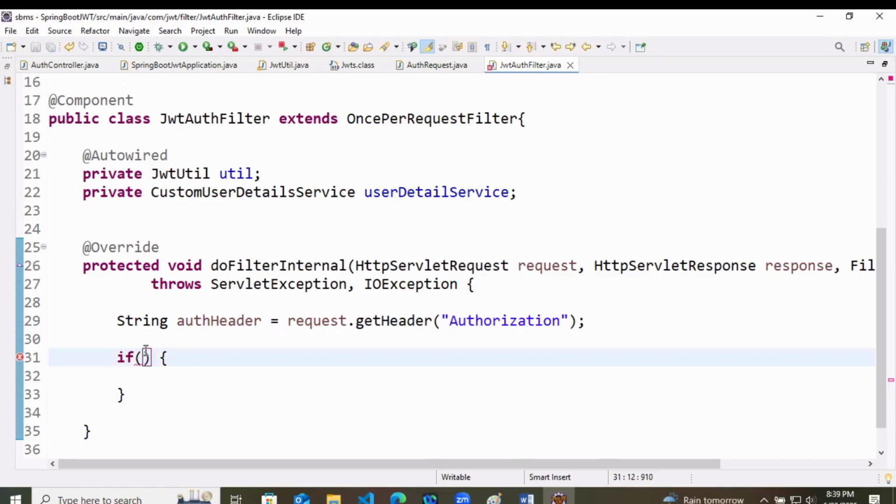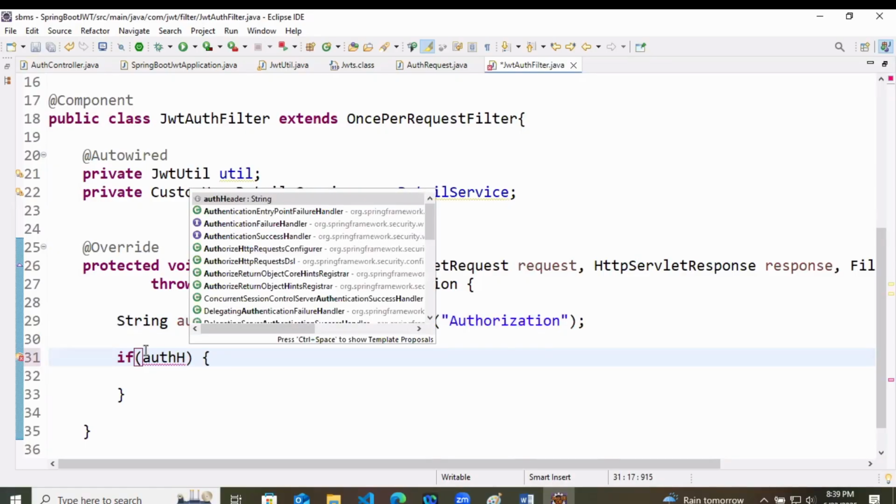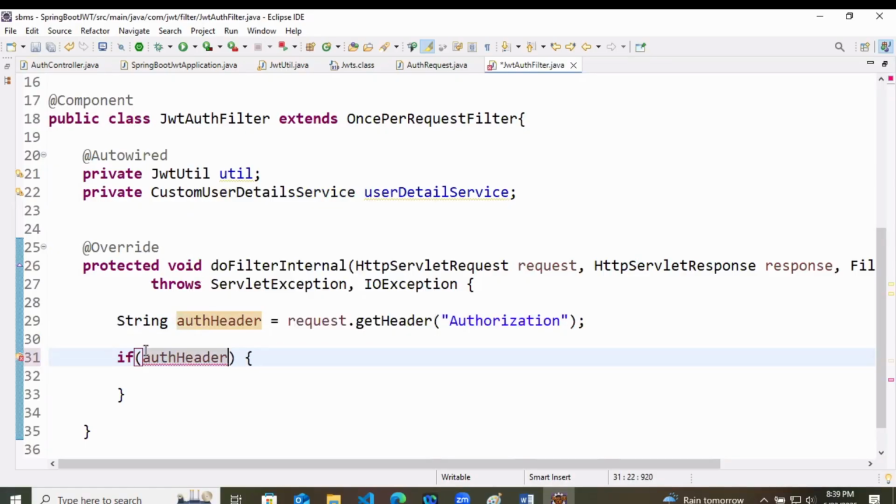Now here we are going to check if the auth header is not equal to null.